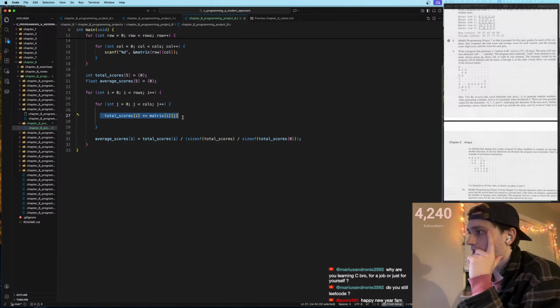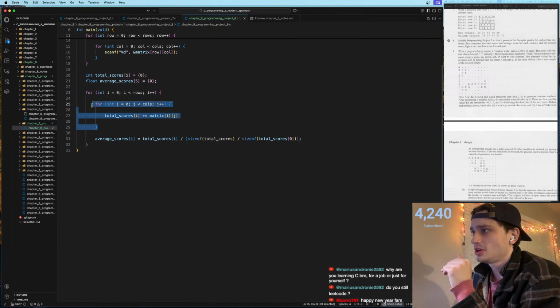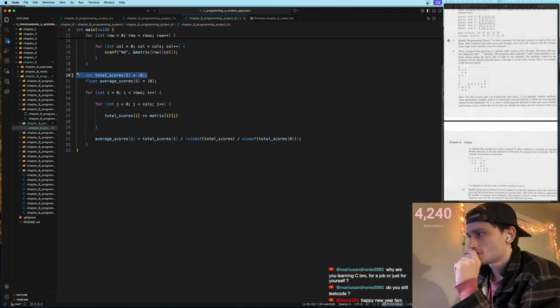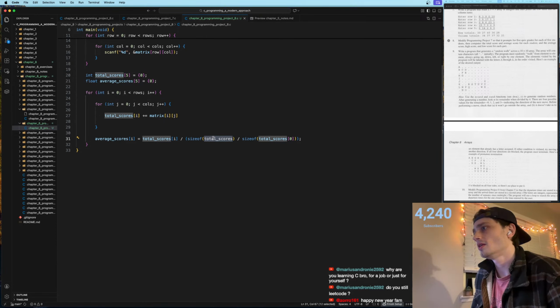So this is summing the entire row for the ith student. And then after that summation is done for that row, we are going to take an average by taking the total score for that ith student and dividing it by the length of total scores. Or this wouldn't be total scores, this would be the length of